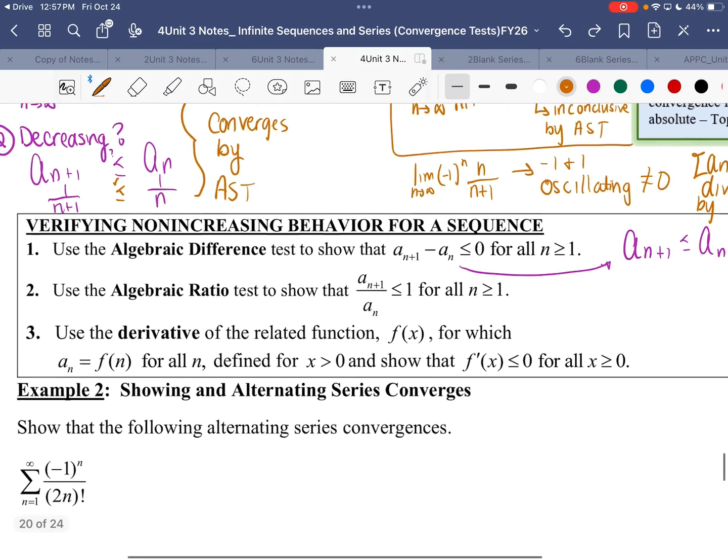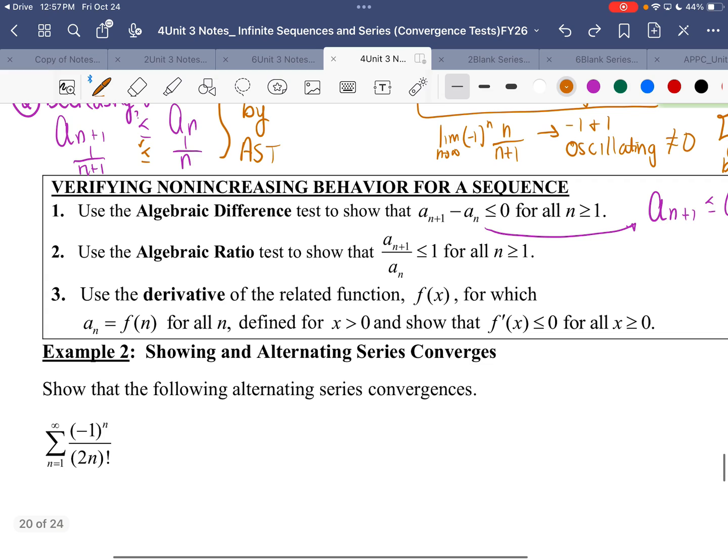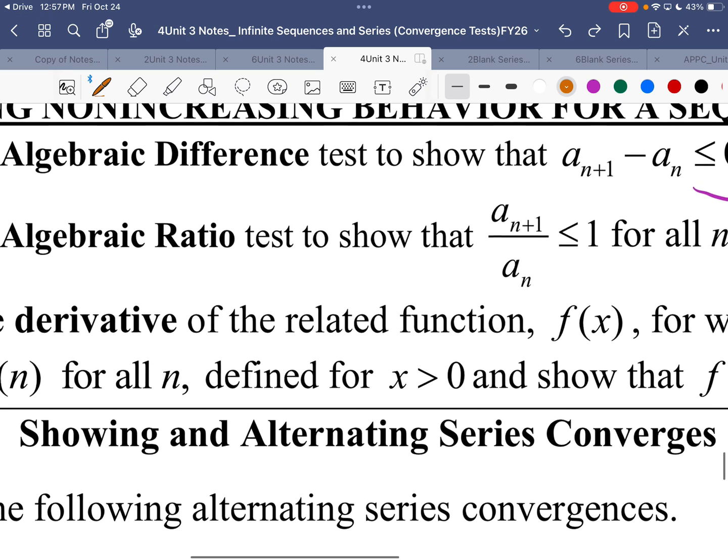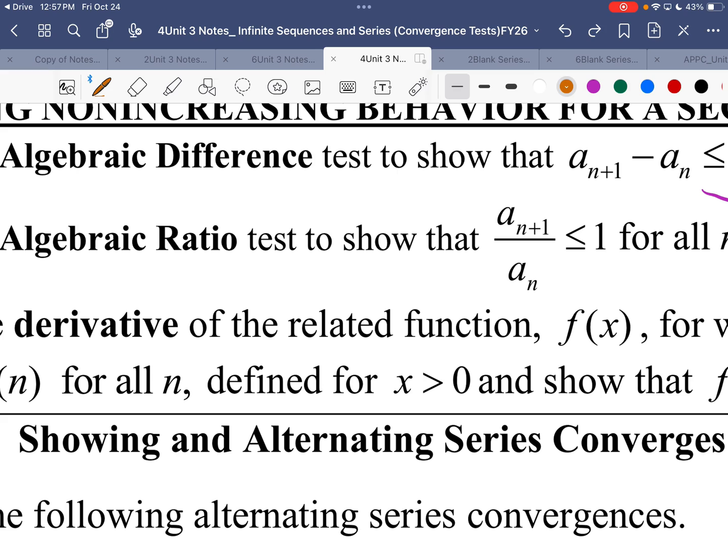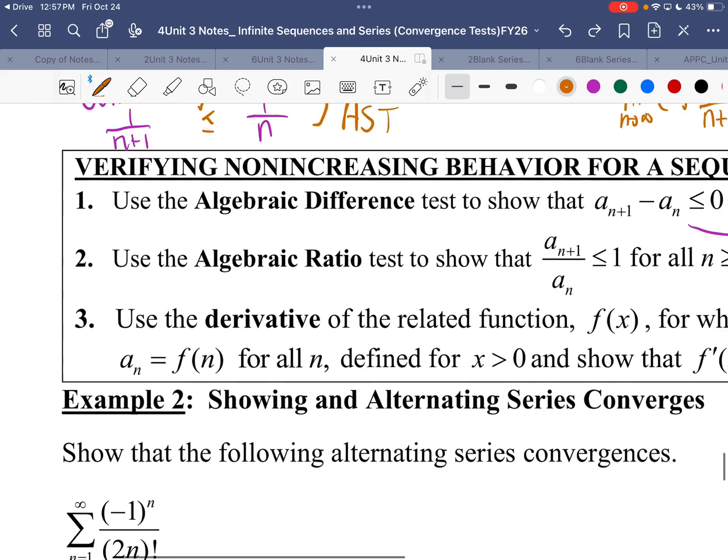All right, the other way to avoid doing the derivative, because some of these, like if you're looking at example 2, are not great for doing the derivative. Like how do you do the derivative of a factorial? You cry. Instead, you can do the algebraic ratio, which basically shows that if the next term divided by the term before it is smaller than 1, making a fraction smaller than 1, then